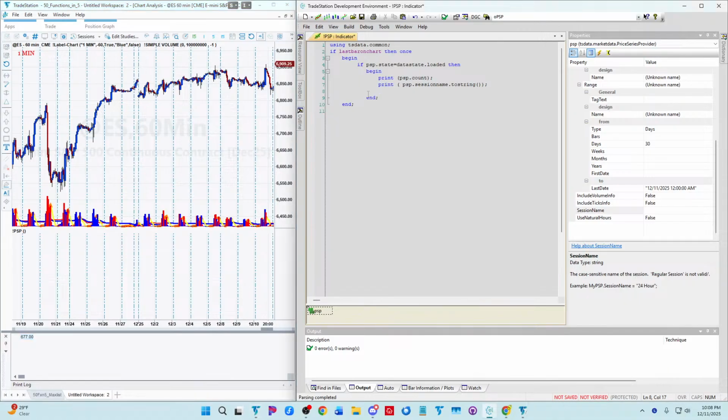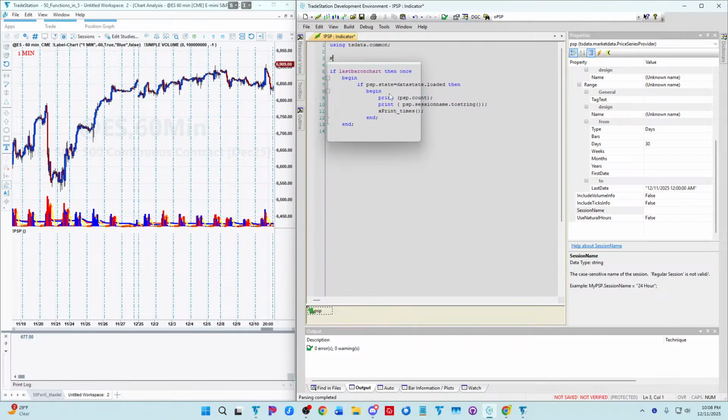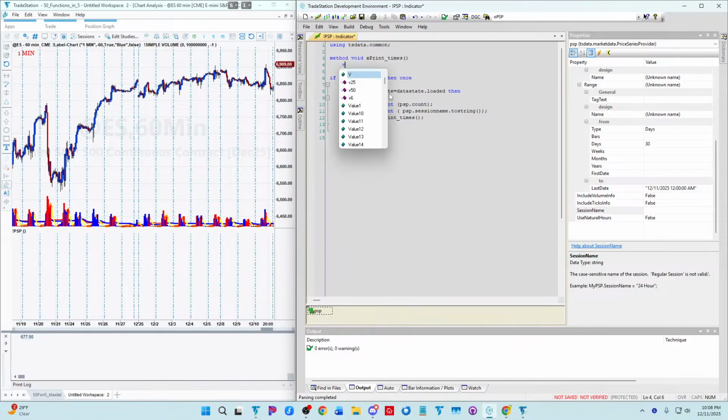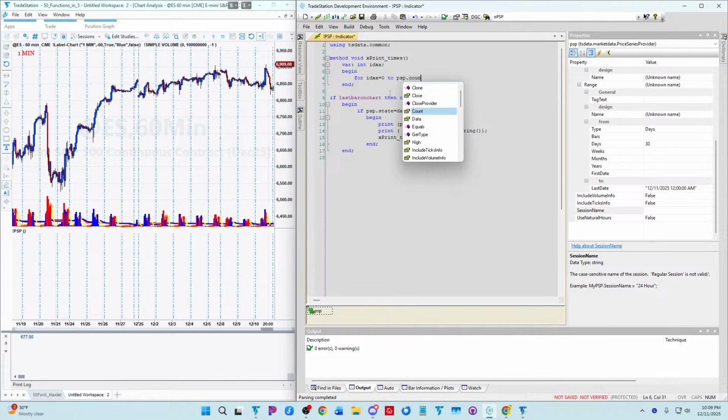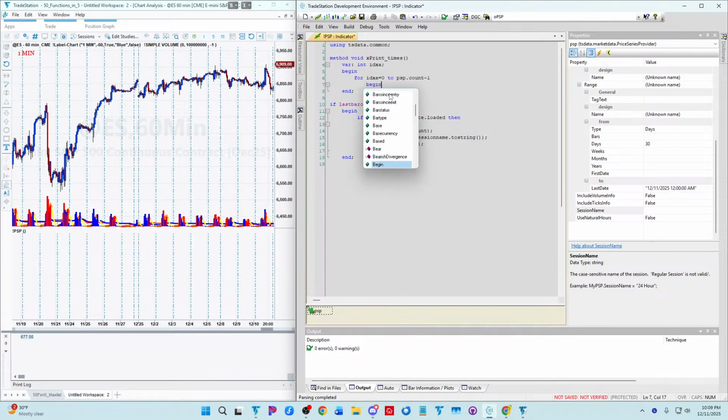Again, if we have data state loaded and we're on the last bar on the chart, then XPrintTimes, which is a method, void XPrintTimes, variable to sort through, begin end. So for idx of a equals 0 to psp.count minus 1,